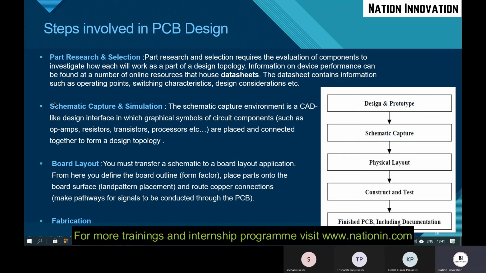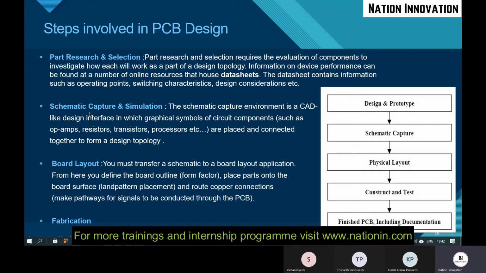And secondly, we have schematic capture and simulation, where you will be connecting all the components in a software. It will have symbols, so you will connect those components in that schematic only. And we have board layout.